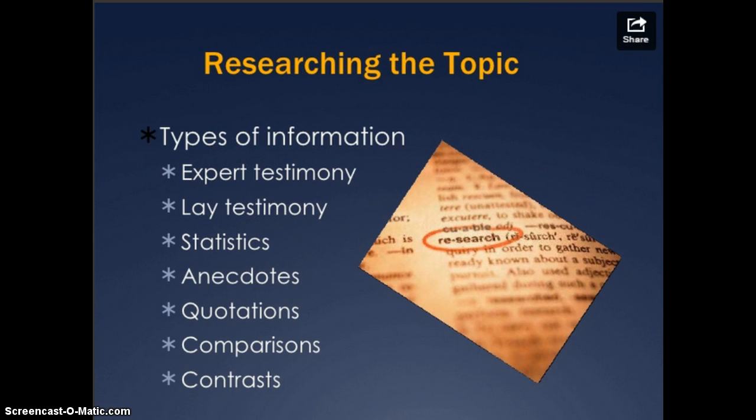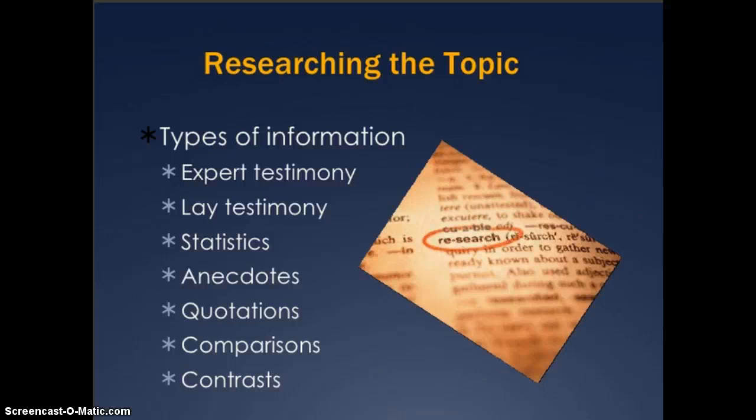Researching the topic. There's lots of different types of information you can use to help support your topic. You can use expert testimony, lay testimony, and those can be researched through personal interviews. There are ways that you can just use personal interviews or personal conversations to help support the information you're presenting in your topic.